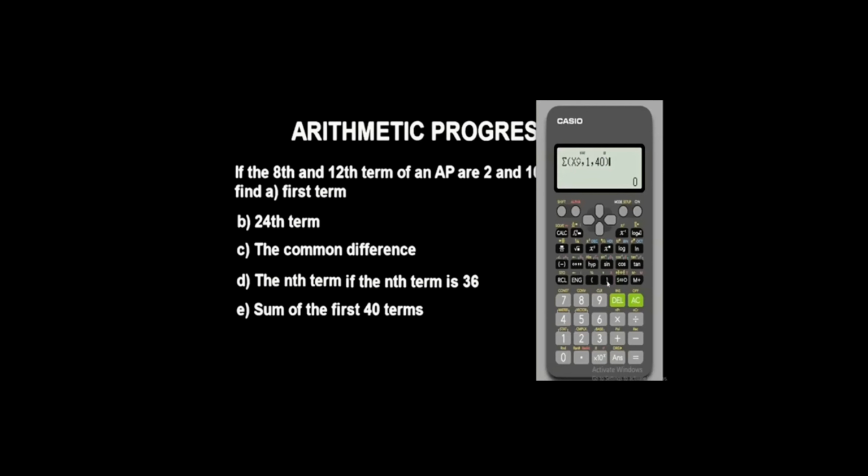Right now let's press equal to get the sum of the first 40 terms. Okay, let's press equal to. So guys, this is the sum of the first 40 terms. Alright, so it's as simple as this. This is basically how you can solve problems involving arithmetic progression using the Casio Fx-991 ES Plus second edition scientific calculator